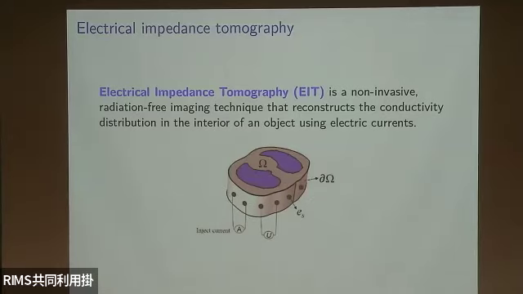So it's quite a difficult problem because you're only given boundary data and you wish to recover the whole image. With X-ray, for example, if you pass an X-ray through here, it goes straight to the other side. But with electricity, when you pass a current here, it disperses throughout the body. It doesn't go straight from one end to the other end. So that's why the resulting equation is a differential equation.